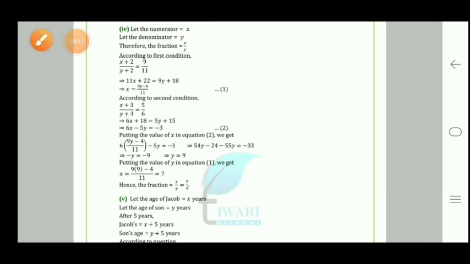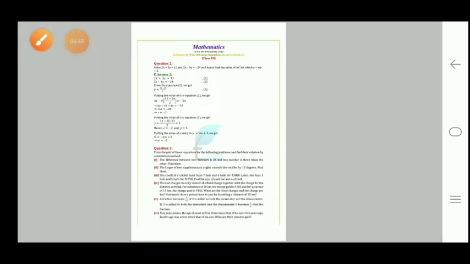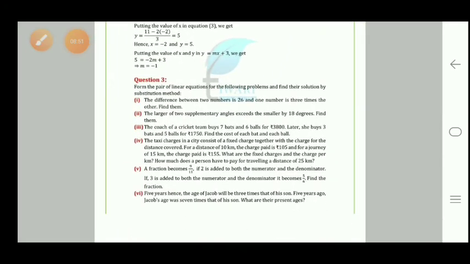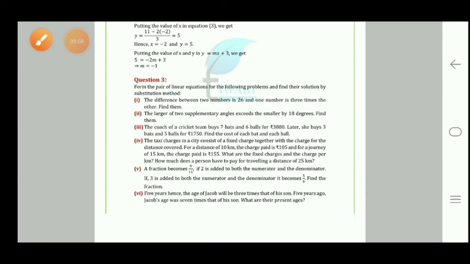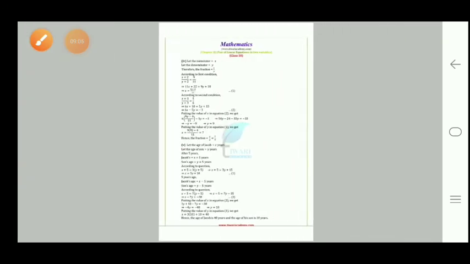Now moving towards the next part, that is the sixth part. In the sixth part, 5 years hence the age of Jacob will be 3 times that of his son. 5 years ago Jacob's age was 7 times that of his son. So what are the present ages? So how to find this? So looking here,